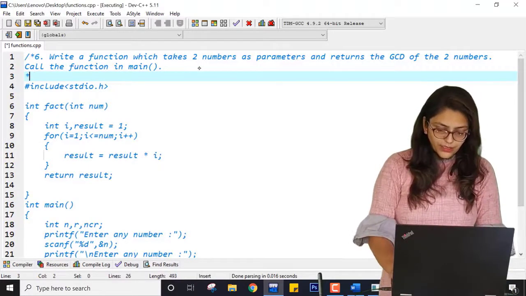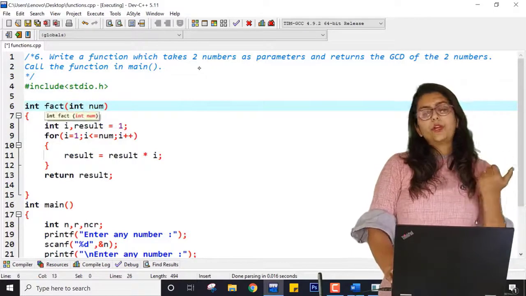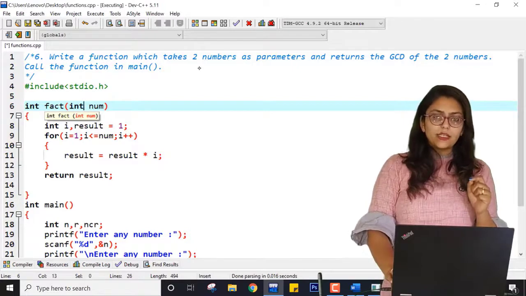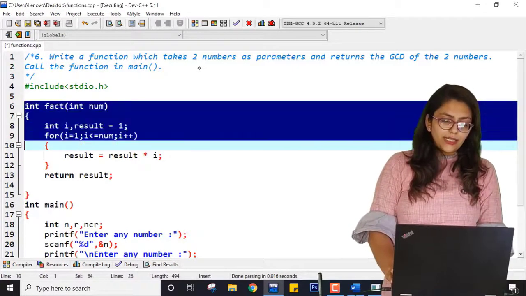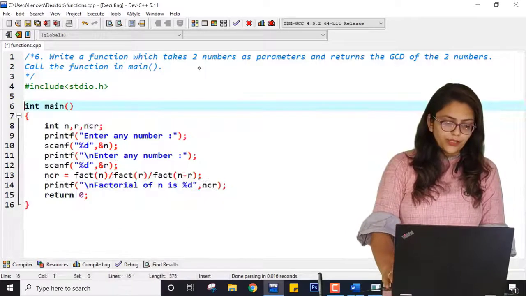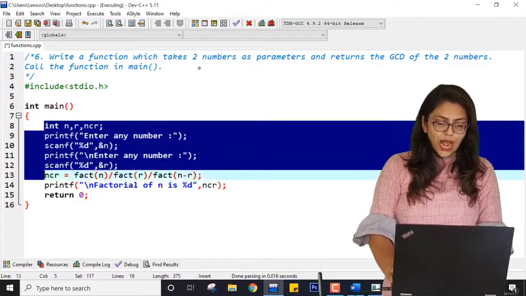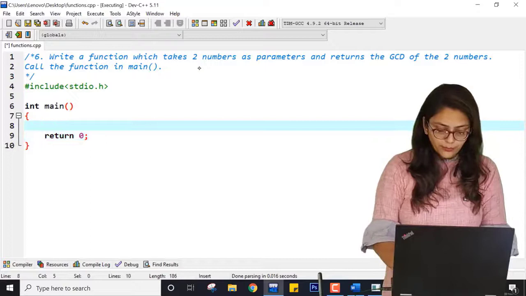Now the last practical is you have to take two numbers from the user and find the greatest common divisor of both of these numbers. So the common divisor which is greatest, you have to find and print. First of all I should know how I can perform this program even without using a function.